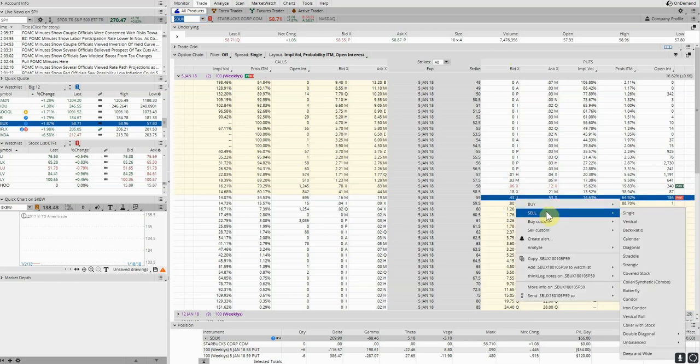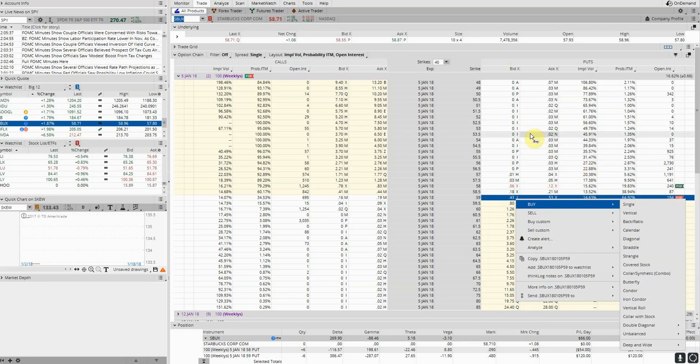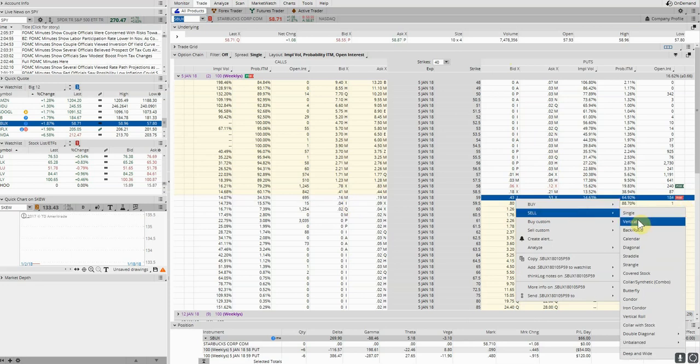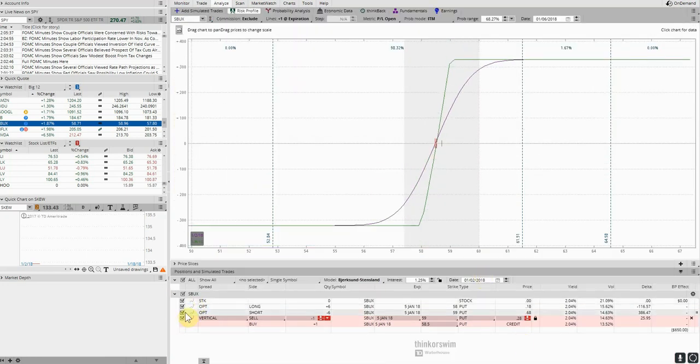So basically we're always doing it on the put side to capitalize on volatility. It's just easier if you construct it this way rather than messing with the call side, which is a different beast altogether. So we're just going to hit sell here, and you right click and go analyze trade,